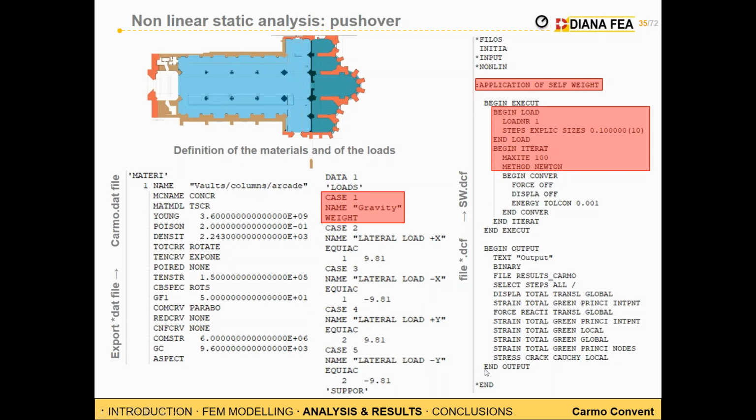Okay, now we are going to the detail of the nonlinear static analysis, also called pushover analysis. But first of all, I need to make a specification because I'm not going to use the graphical interface because of the dimension of the file. As you can imagine, structures as big as the Carmo convent are really heavy in terms of gigabytes and dimension of the file, and therefore Diana allows us to export the data file